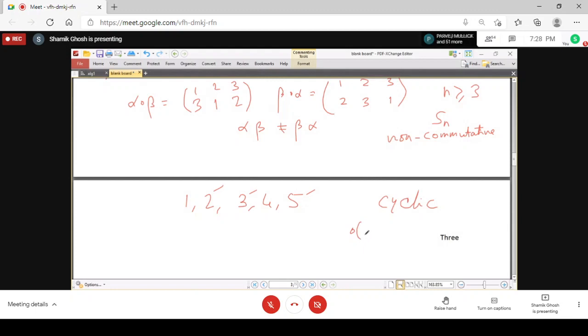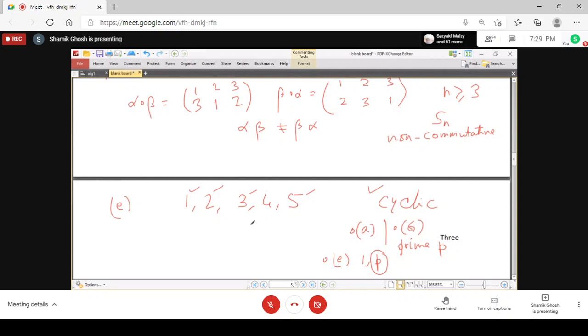And by virtue of Lagrange's theorem, we will get to know that the order of an element always divides the order of the group. Now, if the order of the group is prime, say P, then you have only 2 factors, 1 or P. And 1 stands for the order of the identity. So any non-identity element has order P. And we have already learned that if the order of an element becomes equal to the order of the group, then the group becomes cyclic. So all these become cyclic, and the group of one element is also cyclic, generated by the single element A. And all these groups are commutative.